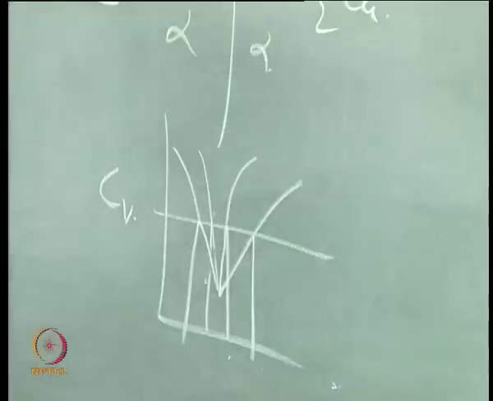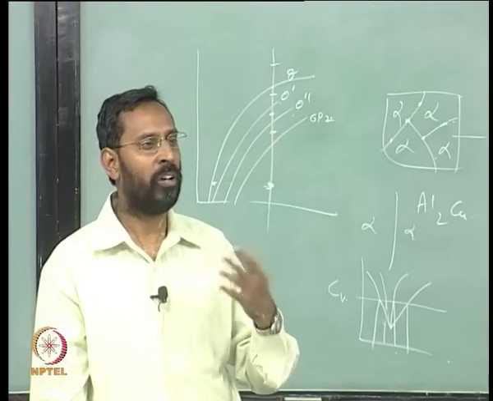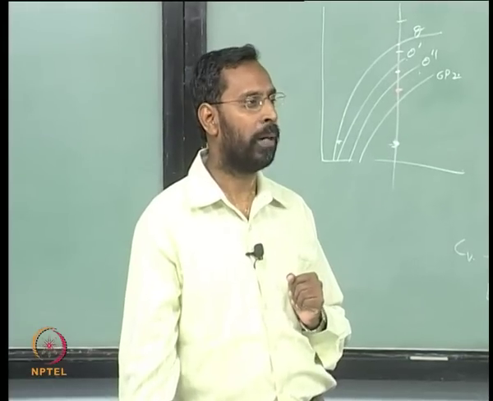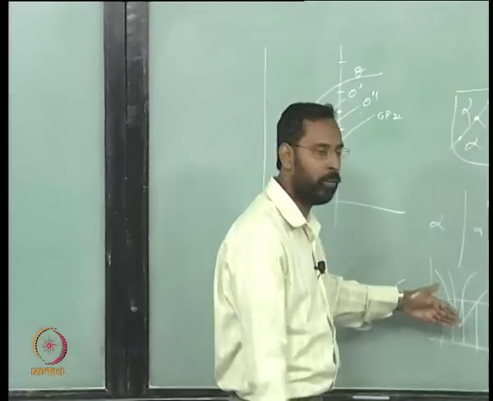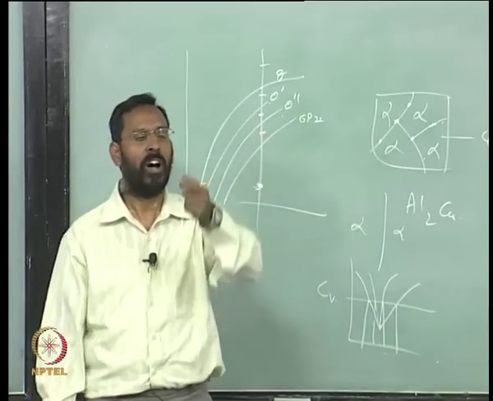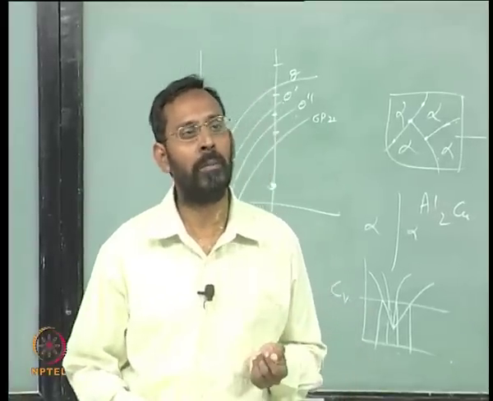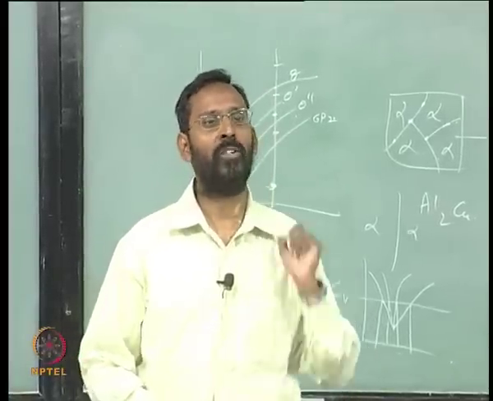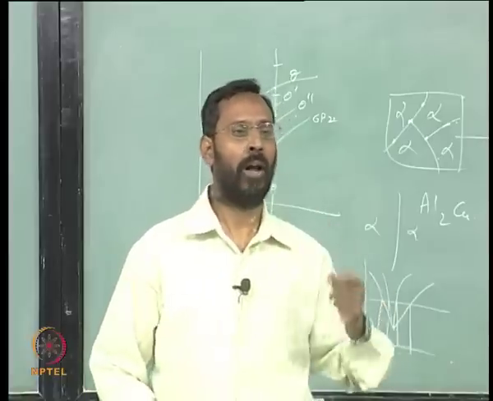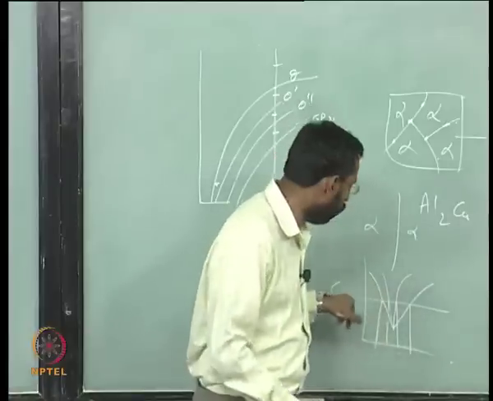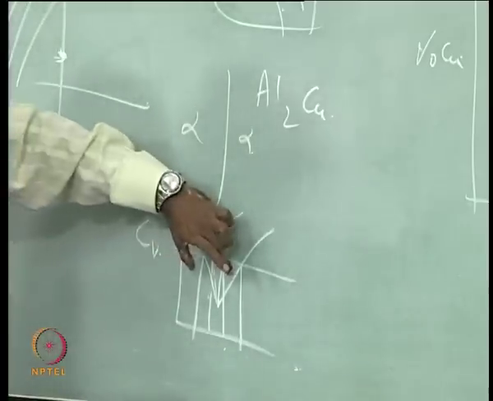That is the reason why there is a necessity to quench very, very fast if you want to avoid PFZ. That is why most aluminum alloys are quenched either into iced water or into sub-zero temperatures. If you simply quench into normal water, and that also depends on how much time you spend taking the sample out of the furnace. So when you are actually doing experiments, all this becomes important. How much time you spend taking the sample out before it reaches the actual quenching medium, these are all important, and if the time is longer, then you see all this happening, and you get a larger PFZ.